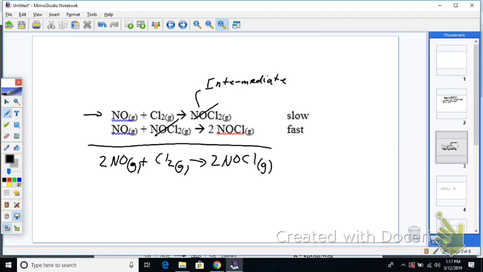So if they say, hey, this is the mechanism, this is the overall reaction, does this mechanism fit? You'll go ahead and get rid of the intermediates and the catalysts, and write the net overall reaction. And if it matches up, you go, well, that's a good mechanism. But it also has to